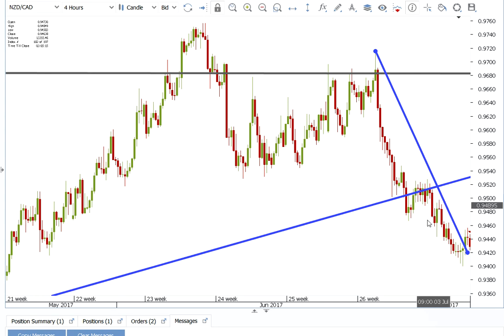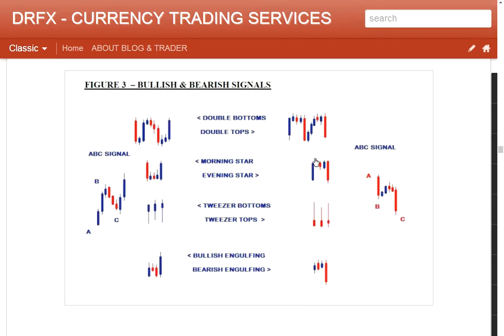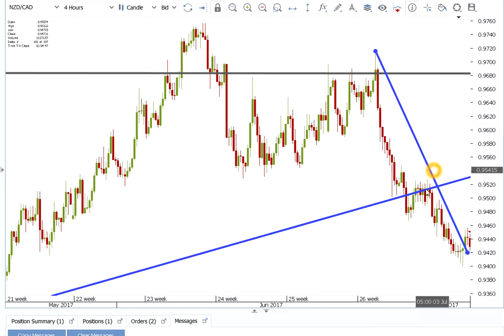And if we find strong resistance points in the form of candlestick formation, in this case we see here an evening star was formed, again another typical example of a bearish candlestick formation as part of a downtrend. We can use the resistance point, the high of this formation, as an area to place our stop loss as well. So the combination of the downtrend line as well as the resistance of this evening star provides us with a strong area here to place a stop loss. And in fact, this is where I placed a stop loss at the 0.9501 level,